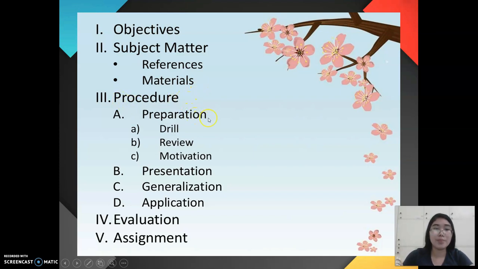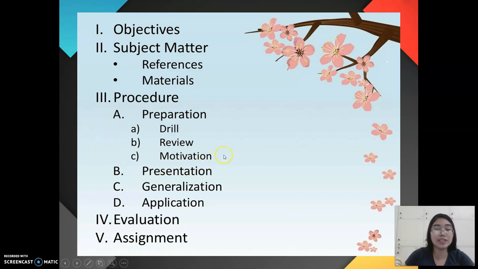procedure. We have preparation, drill, where you may have, for instance, a pre-test for a specific lesson. Review is good because the students will be refreshed from the previous discussion, and there will be continuity from the previous lesson to the present lesson. They are going to integrate, diba? One of the approaches of social studies is integration. So they will integrate the previous and the present lesson, the continuity of the lesson, as well as